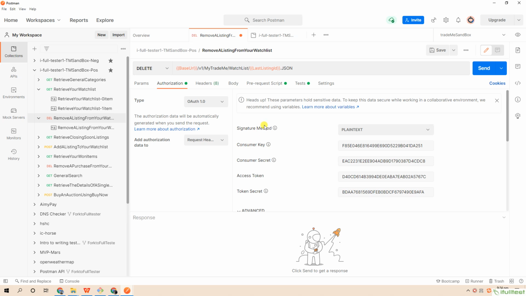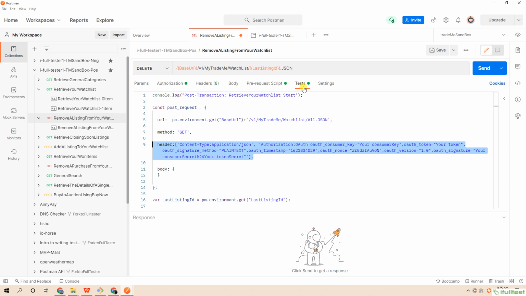The final step is to code the post request from the tests tab. The request is also the API retrieve your watch list. We check whether it still has any item on the watch list.